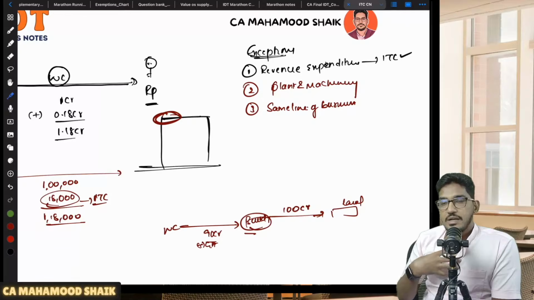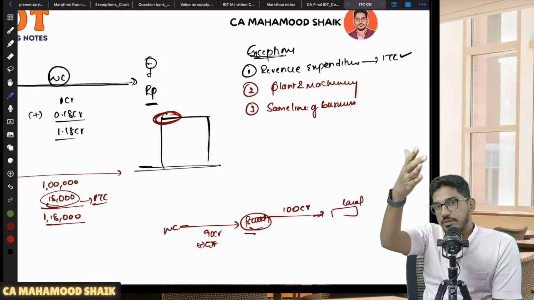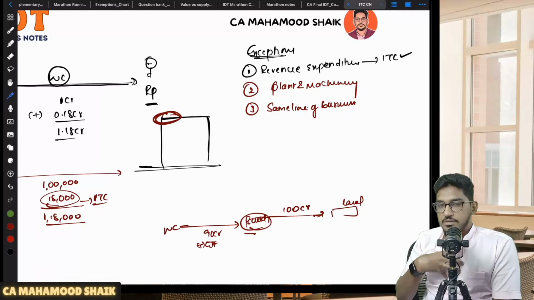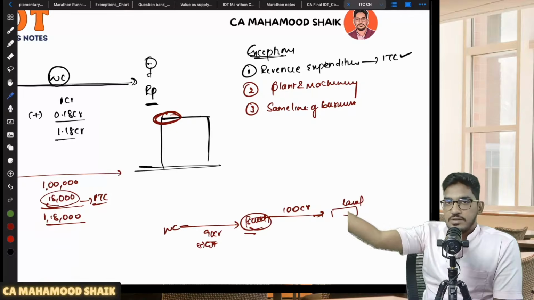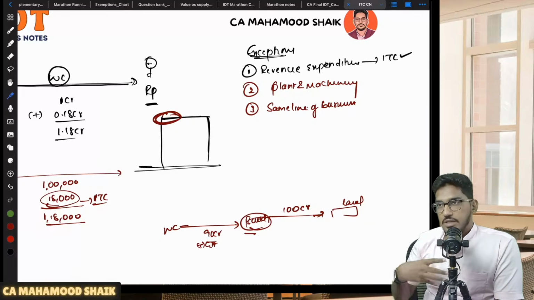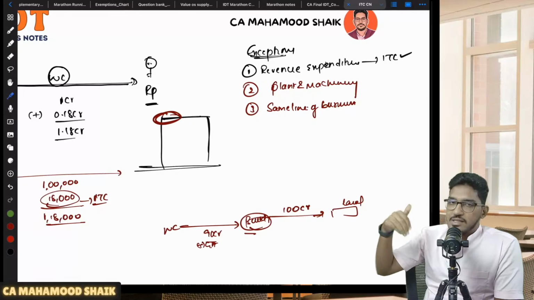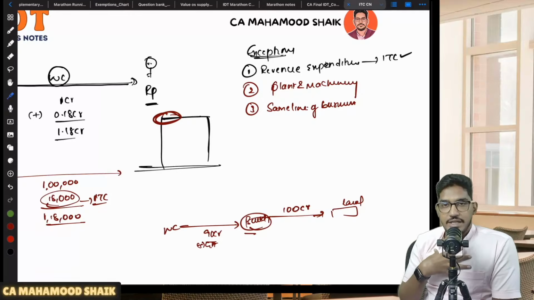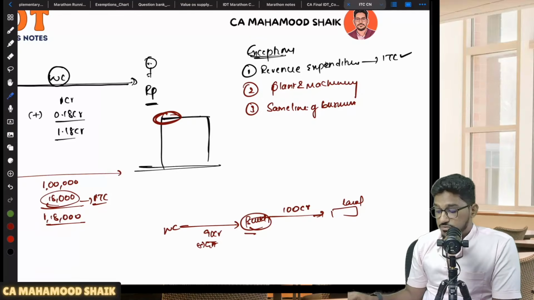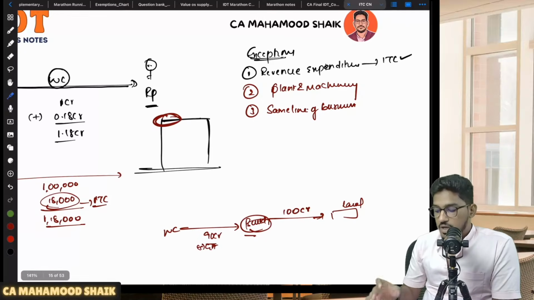So what I am doing is outsourcing it to another works contractor. So I am receiving works contract service, but I am also into the same line of business. That means I am another works contractor. So I am receiving works contract services to make the same supply. So then also I can take input tax credit. If I am into the same line of business, then also you can take the input tax credit. Understood?